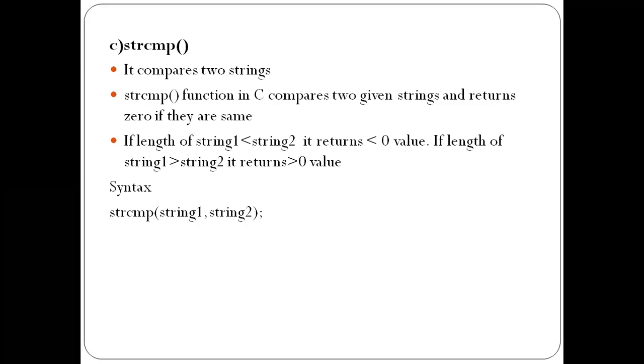If string 1 is greater than string 2, it returns 1. And if string 1 is equal to string 2, it returns 0. Syntax of strcmp: strcmp(string1, string2);